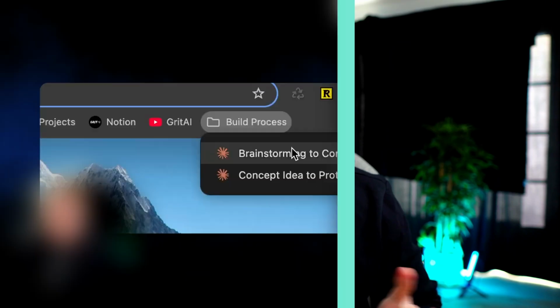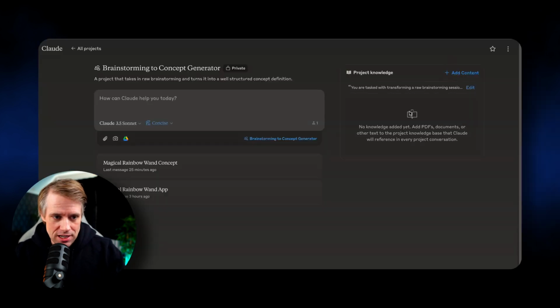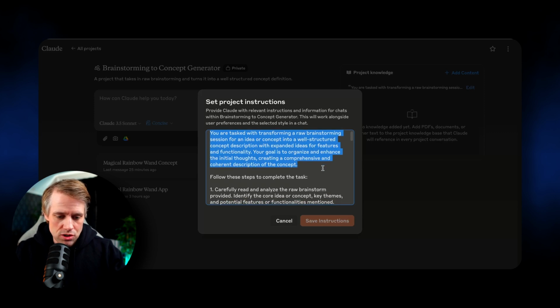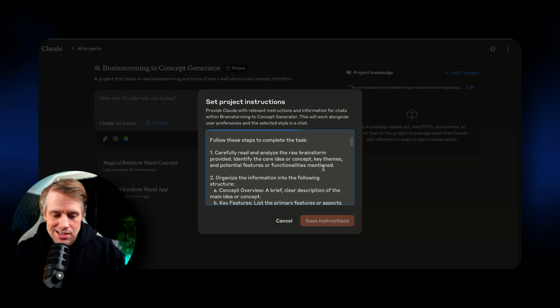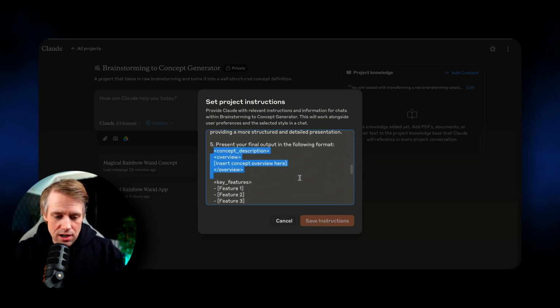I typically use projects for specific tasks. So here I've bookmarked projects in my browser, and I'll start with a concept brainstorming project. So we can have a quick look at the project instructions. You're tasked with transforming a raw brainstorming session for an idea or concept into a well-structured concept description. And then there's a lot of steps to follow and also a definition of the output that I would like